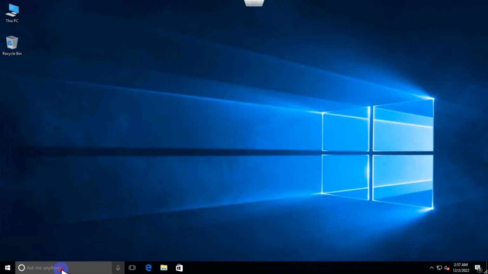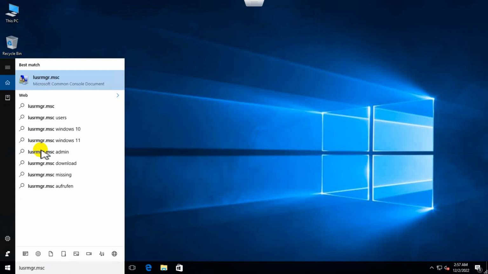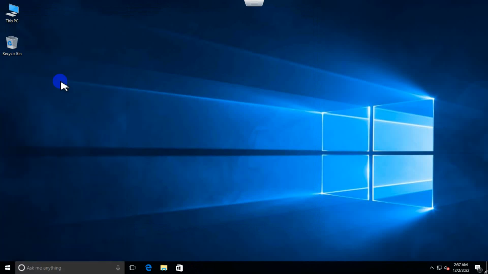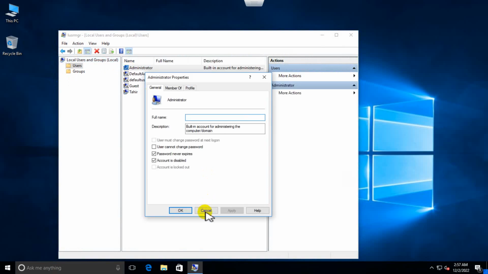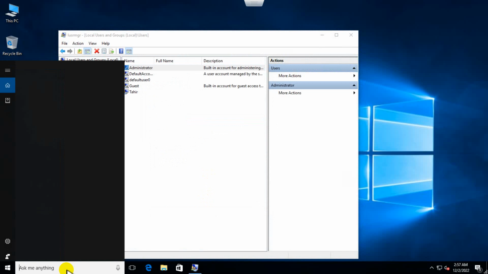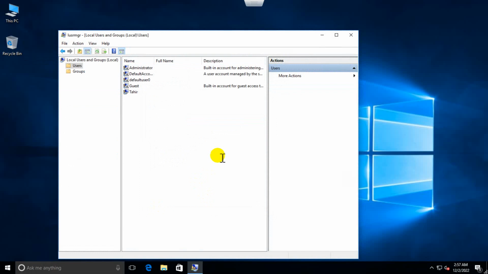You can also write a command, lusrmgr.msc. When you type that command, this window opens automatically and you can enable the administrator account from there as well, right? So let me write that command actually, lusrmgr.msc. This is another method. You can